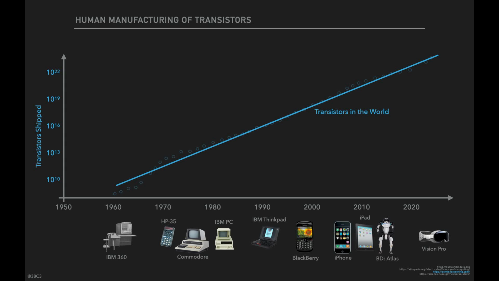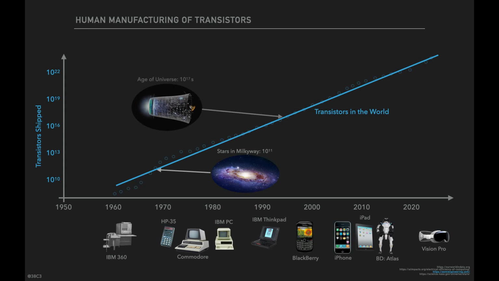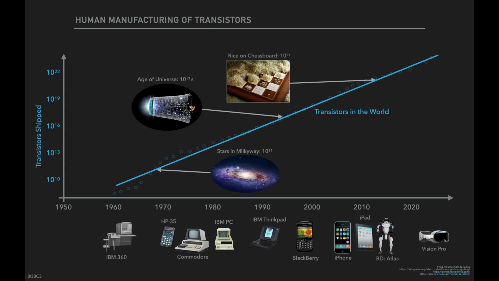So these are the numbers of transistors that have been shipped, or that are in the world, if you will. Very large numbers. To give you some idea, in the 70s we had built more transistors than there are stars in the Milky Way. And then in the 90s we were able to build more than the age of the universe in seconds. And in 2010, roughly, we had more transistors than rice corns on that famous Chinese chessboard,